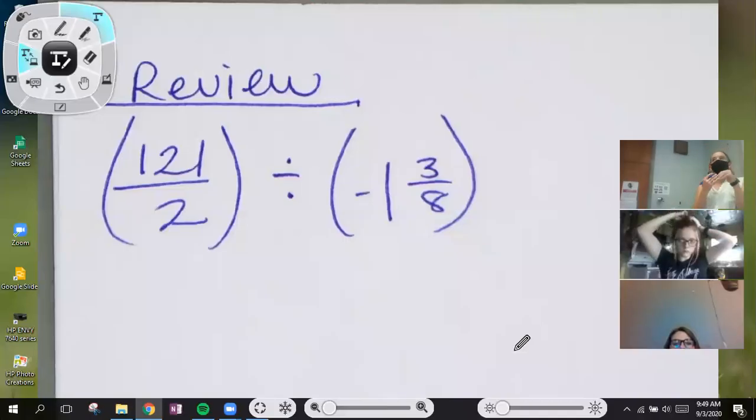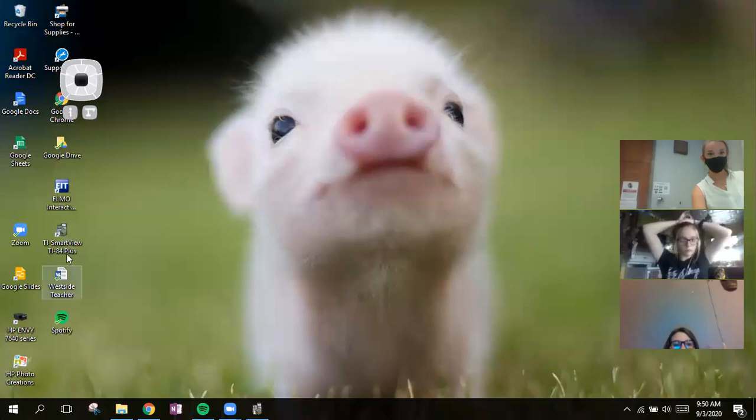There was no way that our calculator could do mixed numbers in them. However, there's been an update that I wasn't aware of, and one of my students, I think it was my 3B class, showed me how to do this. So I'm going to show you all how to do this on your calculators really quickly. So going to our calculators,